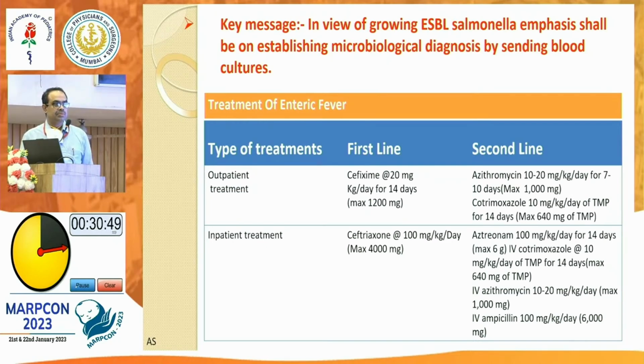So it is advisable to use it only if it is needed, and we should not use it as a first line drug, even in outpatient or inpatient cases. It should be a second line drug only if you establish that your first line drugs are not acting. That is my view. Very true. The biggest advantage with azithromycin is that it has intracellular penetration. We know Salmonella is more of an intracellular organism. So when your first line drugs don't work, it is the best option to be used in IPD and OPD both cases.